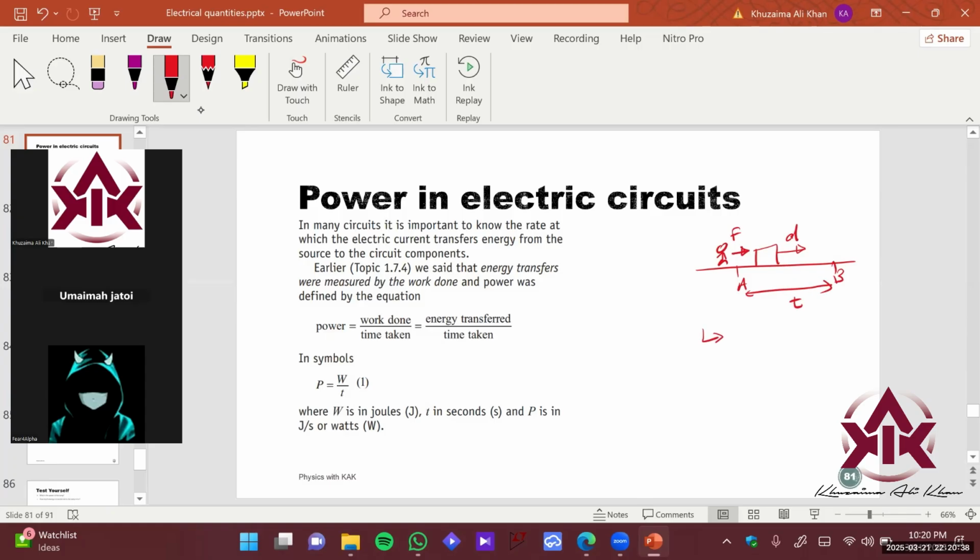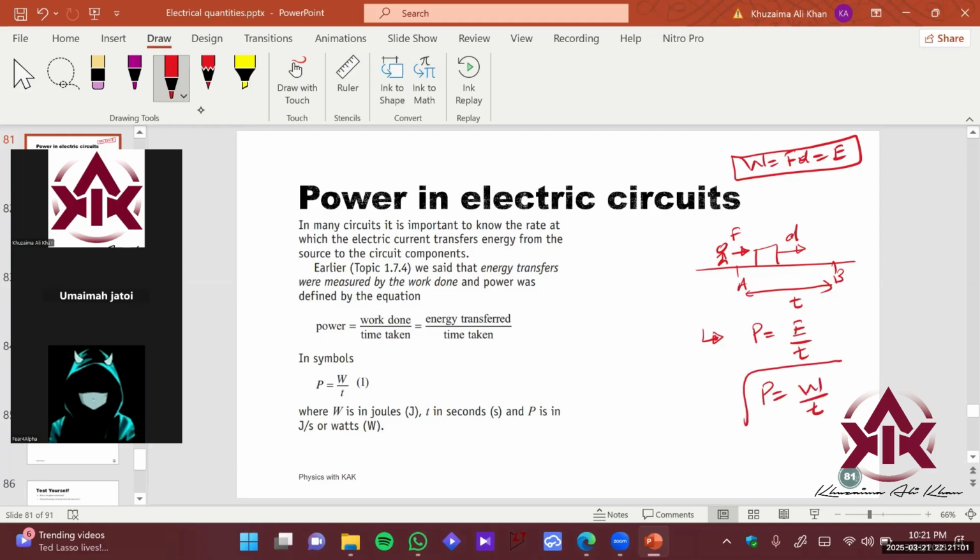We learned in the previous chapters that power is equal to energy upon time. And how can you find energy? Energy is equivalent to work done, so force times distance is the same as energy, right? So if you want to find power, it is just the rate of exchange of energy. So power is simply work done upon time,